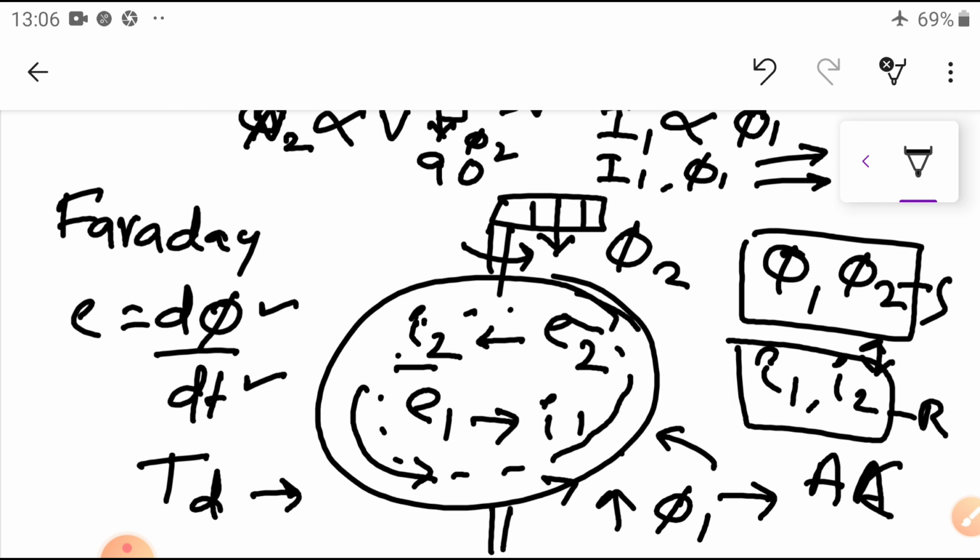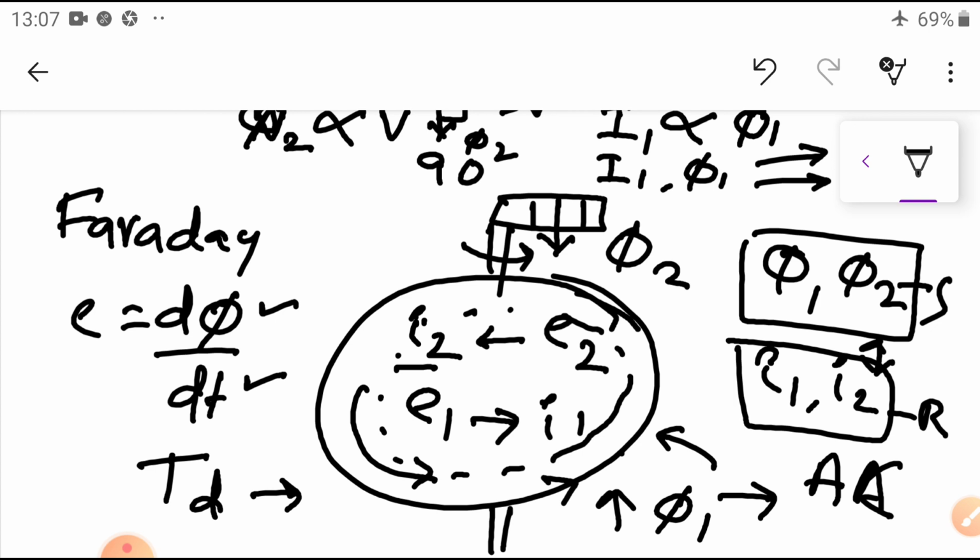Okay, so automatically deflecting torque is produced, and the disc rotates. The speed of the rotation depends on the load current. If the load current is more, what will happen? More flux will come, and more flux means more deflecting torque. Then the disc runs very quickly, rotating very fast. So if it rotates, the number of revolutions per